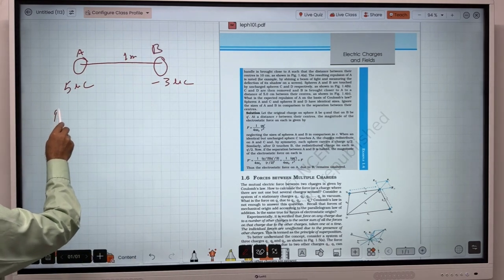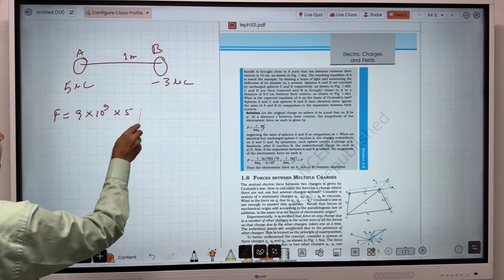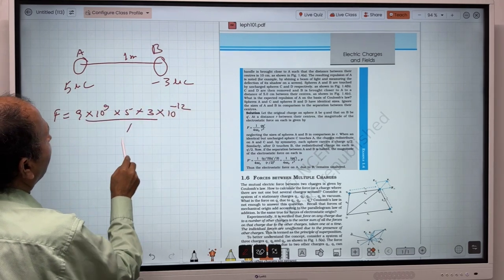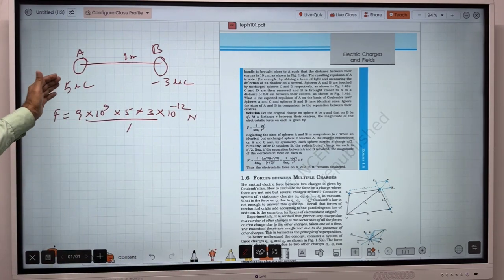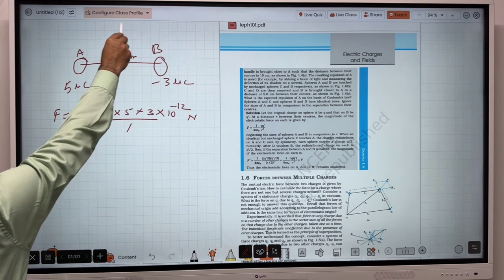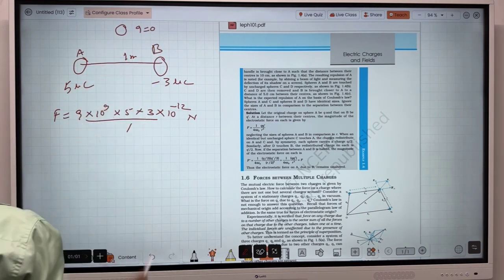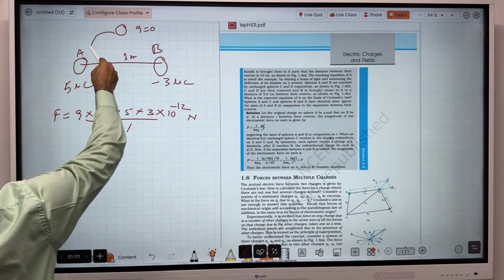Here in this case we can find the force: 9 × 10^9 × 5 × 3 × 10^-12 divided by 1 Newton, as we have already discussed. Now suppose there is a third body, body C, which has Q equal to 0, meaning there is no charge. Now we bring this body closer and touch